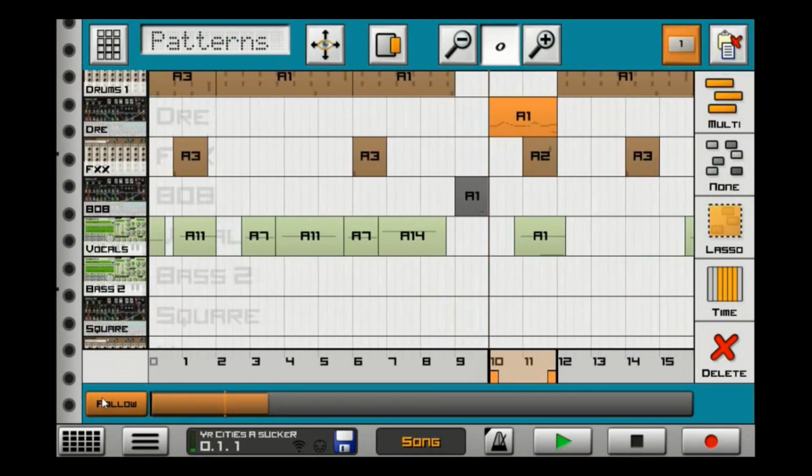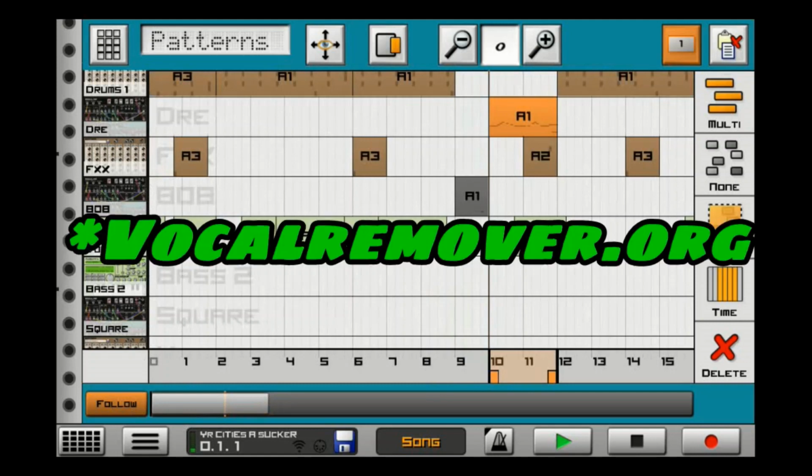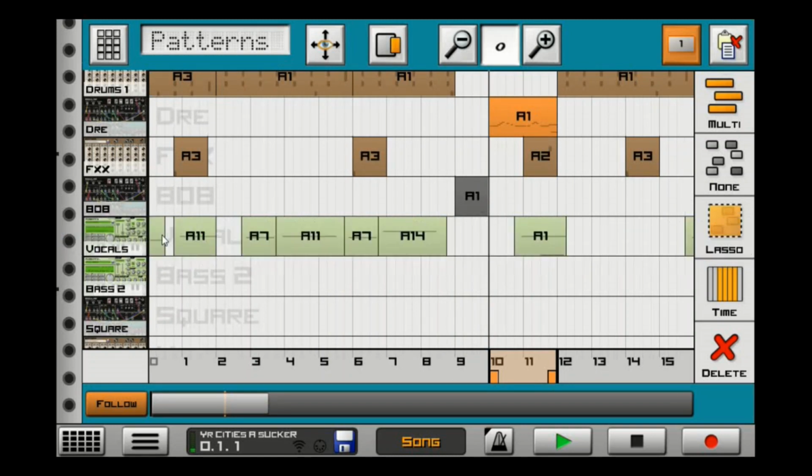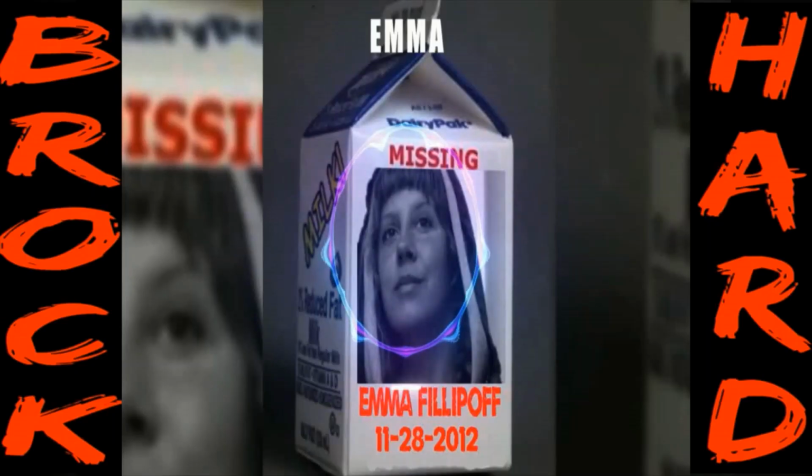So the vocals were a bit tedious. I ripped them from a site called Vocal Extractor, which I use so much for pretty much all my stuff. I used it for my Emily song, or my Emma song, not Emily, it's Emma. Emily,